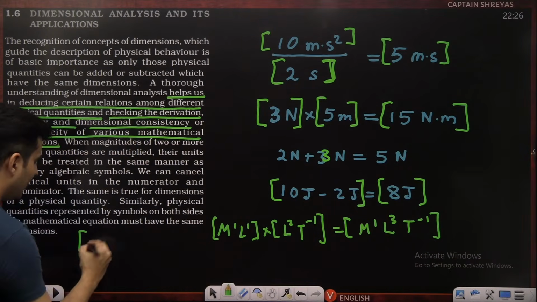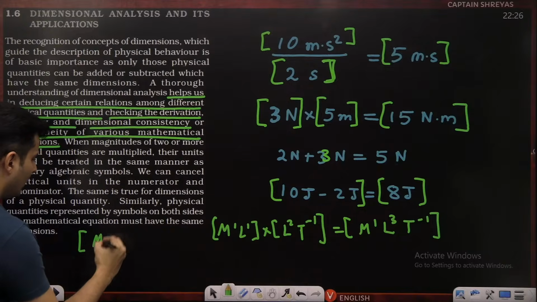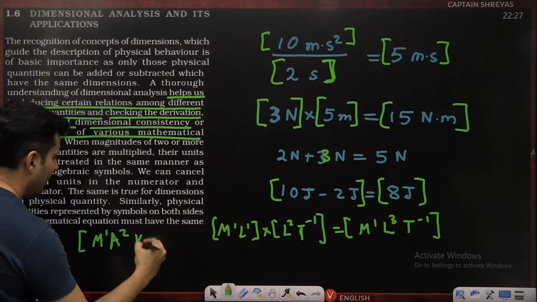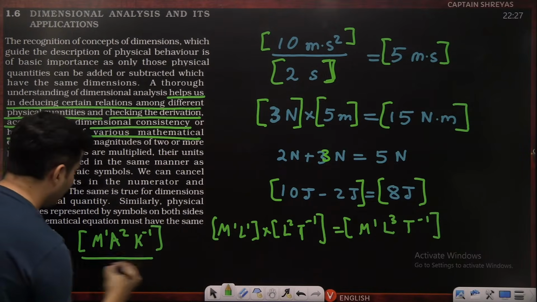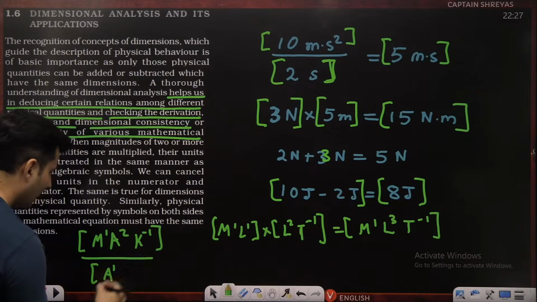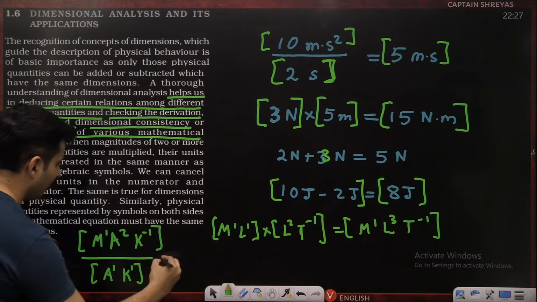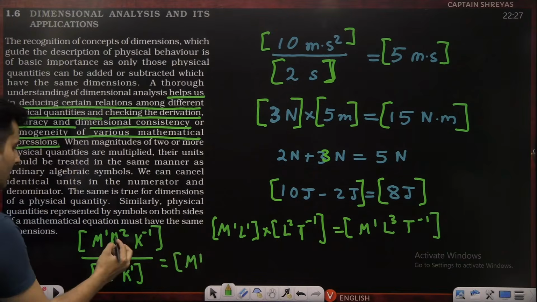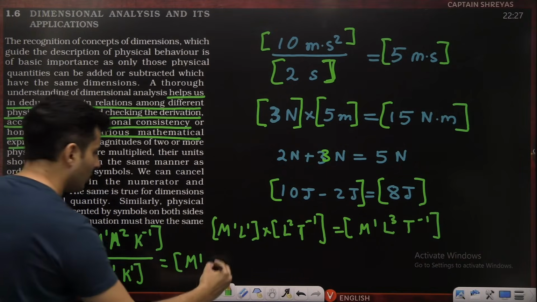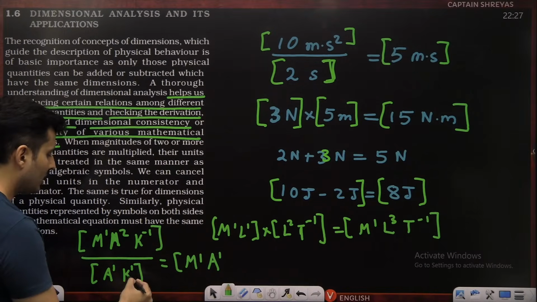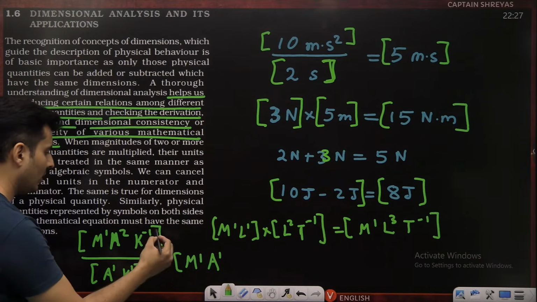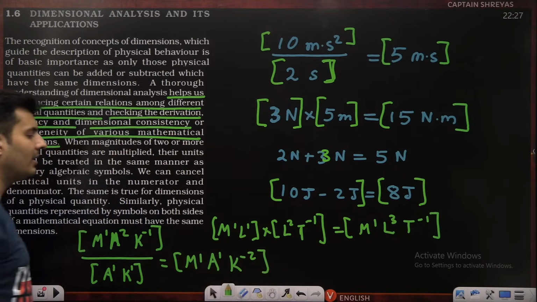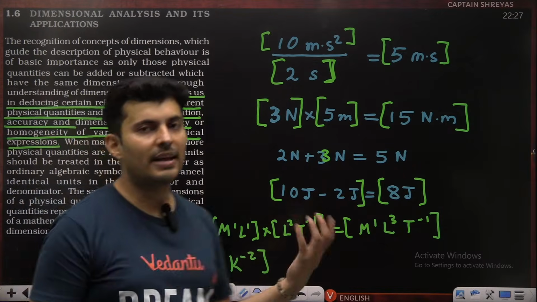Same way, if I write down m raised to 1, A raised to 2, A raised to 2, K raised to minus 1, the whole thing divided by A raised to 1 and let's say K raised to 1. Example. What will be the answer? The answer will be m raised to 1, m raised to 1. Here A is raised to 2, A is raised to 1. So what will be left is A raised to 1. K raised to 1 will go on the top, become minus 1. So it will become K raised to minus 2. So you can just divide it normally. So this is what this paragraph is saying.